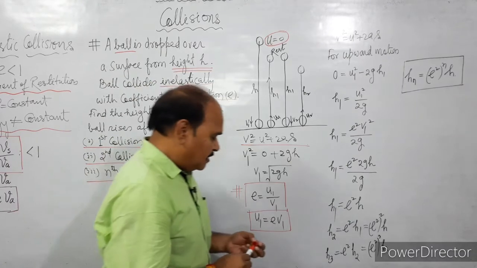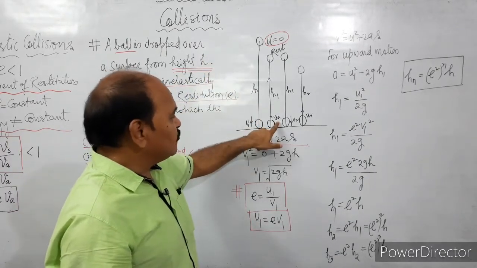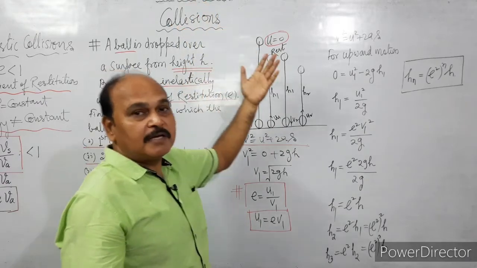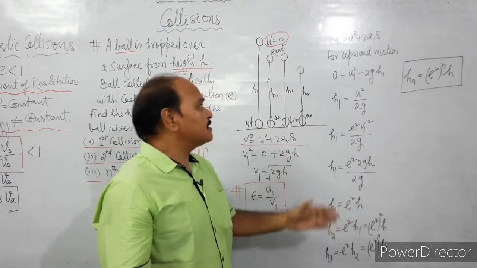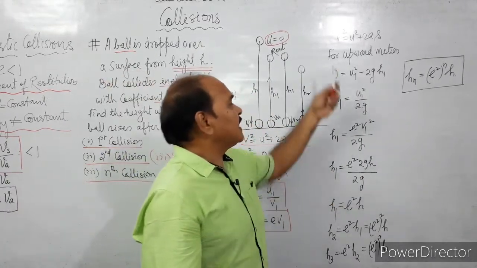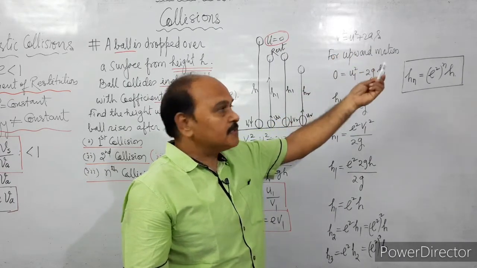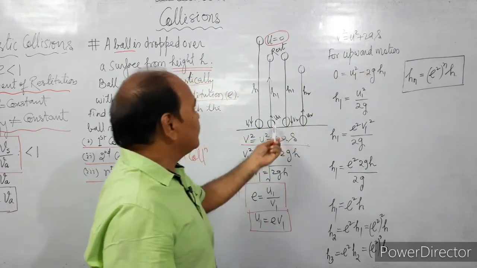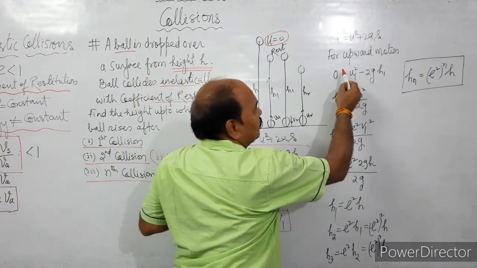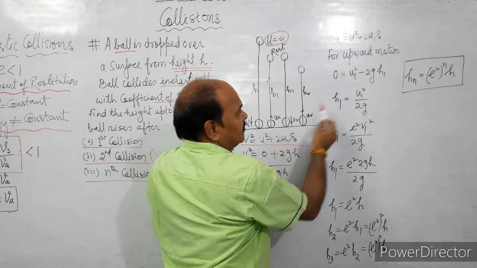Well, now the ball is going to move up with initial velocity u1 against gravity, and it will keep moving until it comes to rest. So for the upward motion of the ball, let us again apply the same equation, v square is equal to u square plus 2as. Well, the ball keeps moving until it comes to rest. Therefore, final velocity is 0. Initial velocity, of course, is u1, that is the speed of separation.